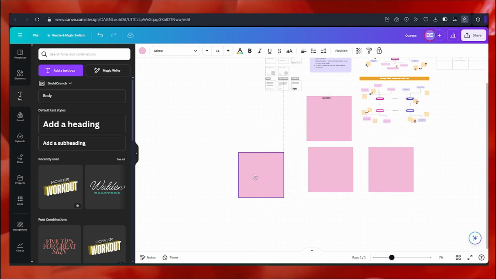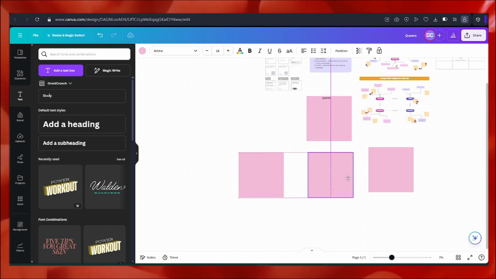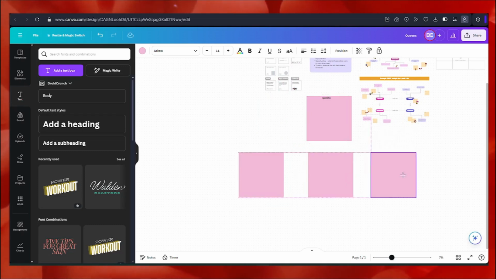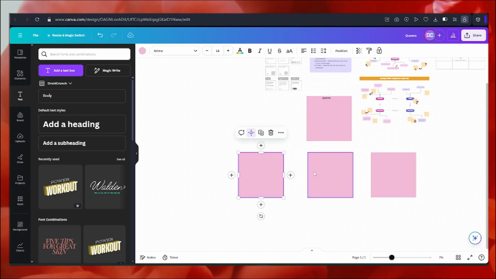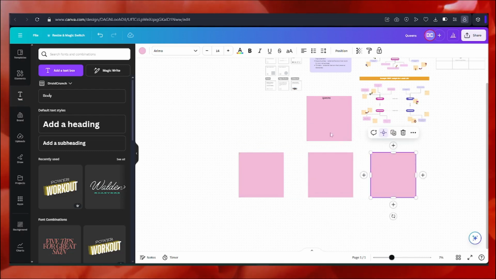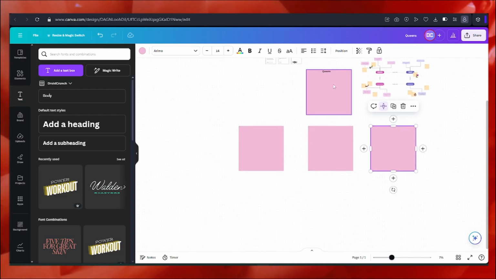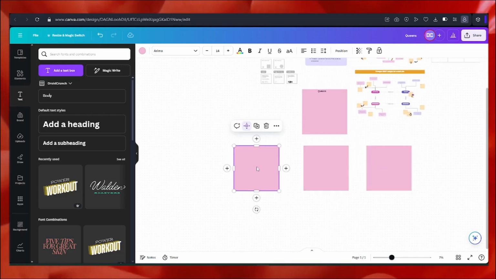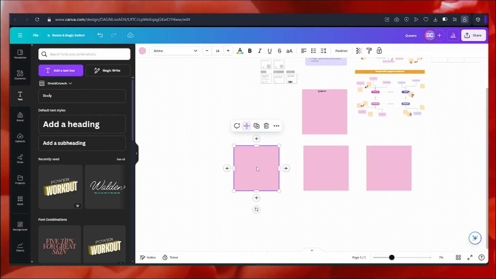Suppose Queens has three categories of products, like ethnic, western, and indo-western. So what I've done is I have used sticky notes to make a flow. These are follow-up sticky notes. You can add multiple sticky notes like this, and then if you wish, you can just simply add more elements.